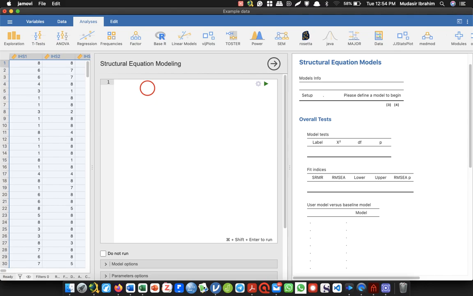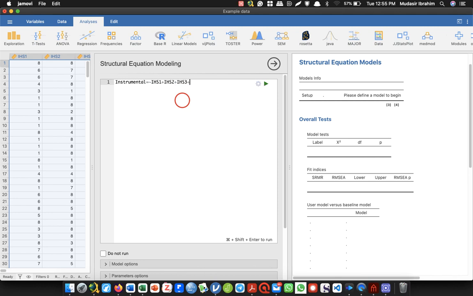So in our first scale, we were measuring instrumental help-seeking behavior. So I can just say instrumental, then I put my syntax as we learned in the previous video. It means I want to say that this is my latent variable and the indicators are those I'm now going to add. So I'll just say IHS. So this should correspond with what you have provided in your data. So IHS1 plus IHS2,